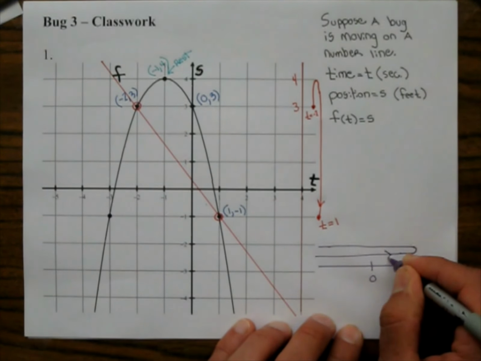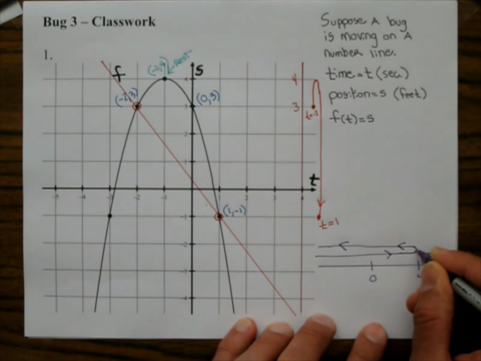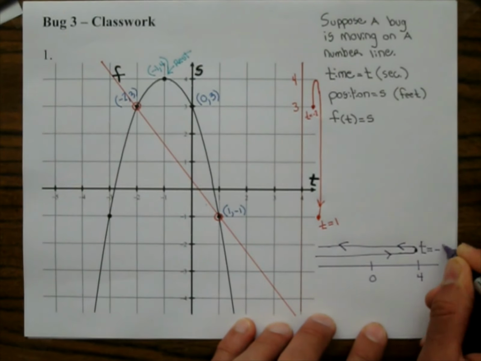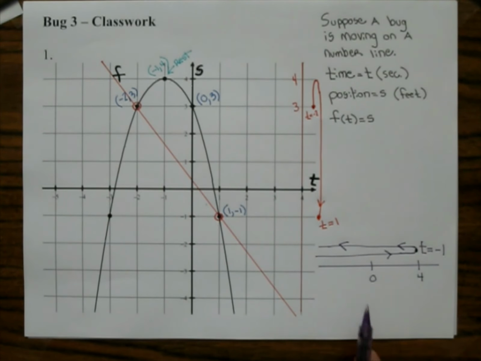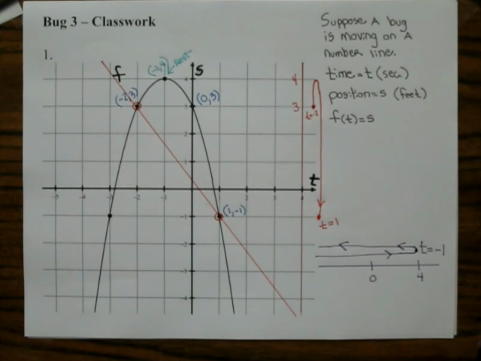And so the bug is going like this. I'll put a few arrows on here so you can see what the bug's doing. And then his turnaround point was at time -1. And so this is what we did, I believe, in bug 1, is we took pictures and we drew the bug diagram. Yeah. So that completes